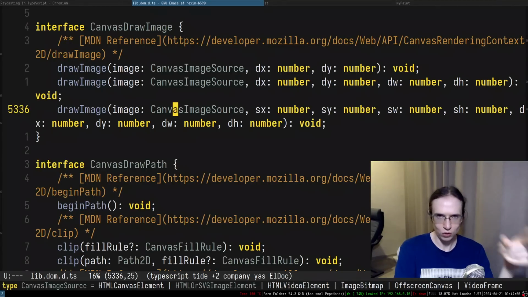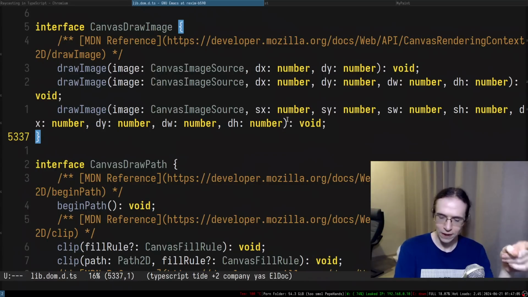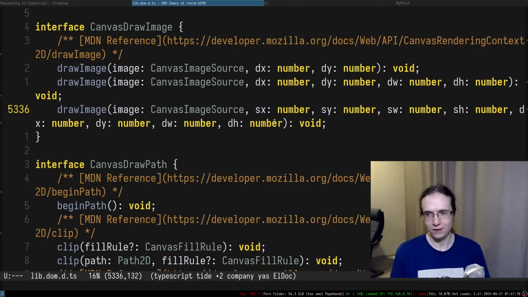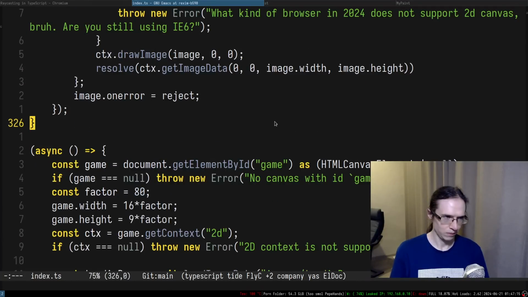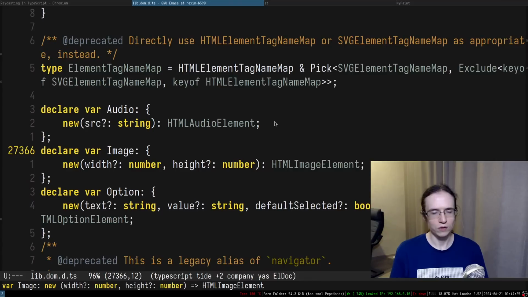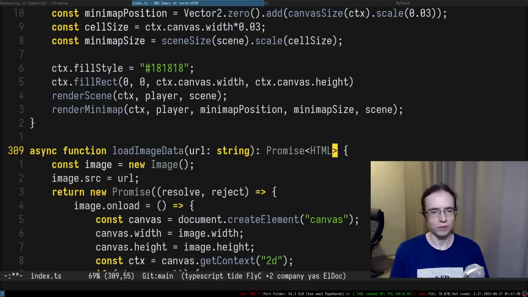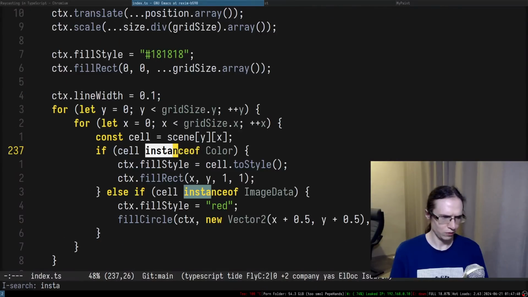You know what I'm talking about, chat? We don't really need bytes. But we still need to do this asynchronously, right? Because that's the only way to load that image. So maybe what we have to do here is just return an image. So this is an image, an HTML image element, right? Because when you're drawing an instance of